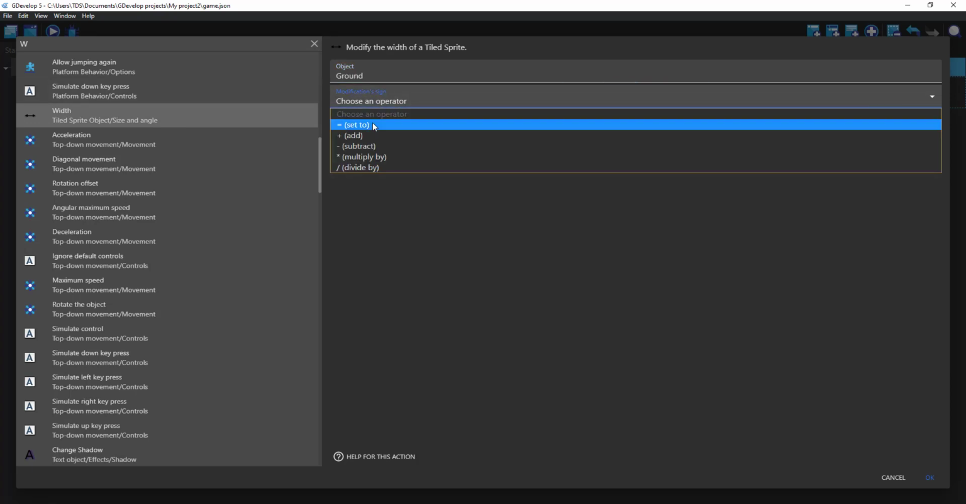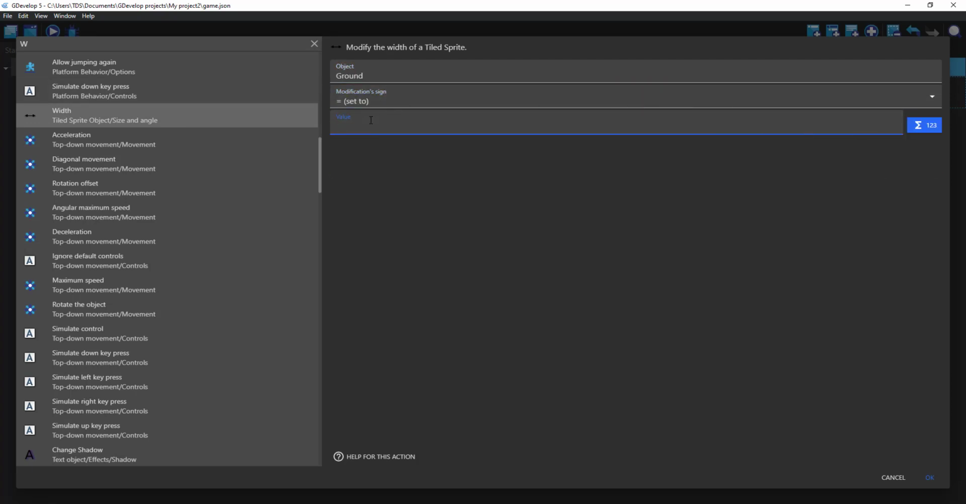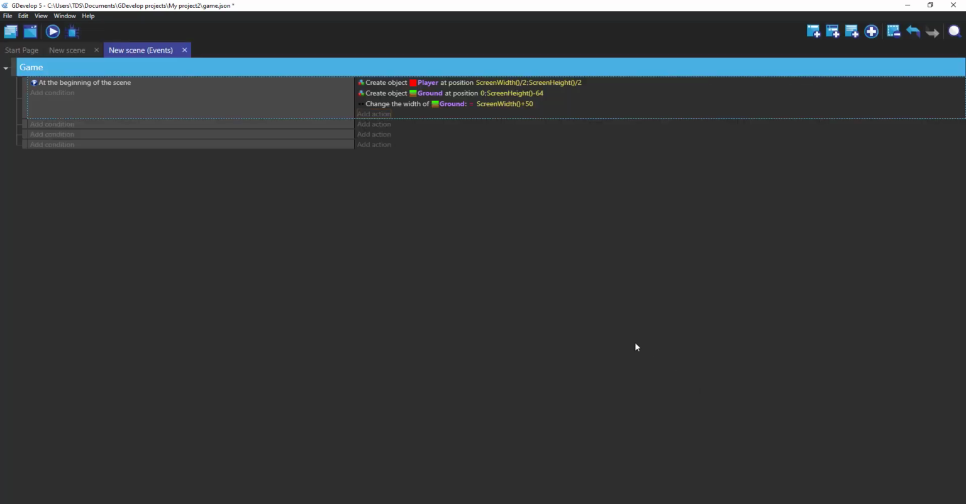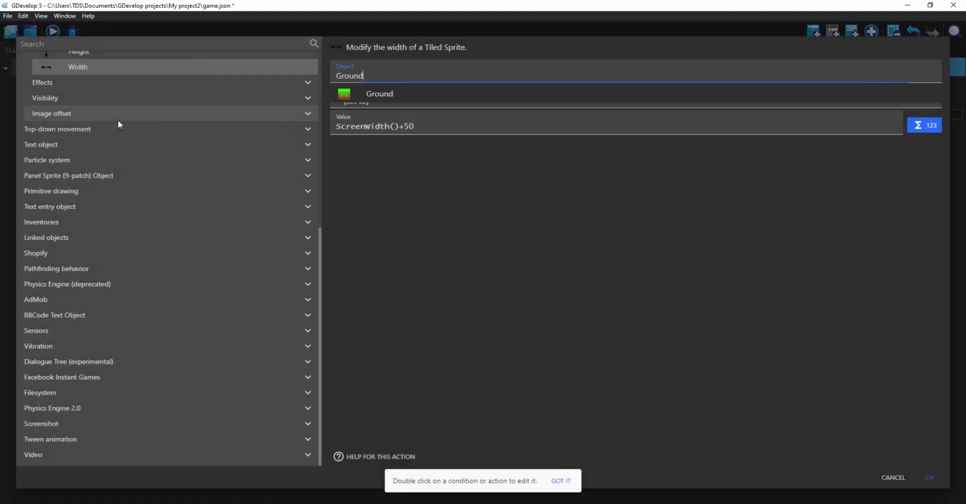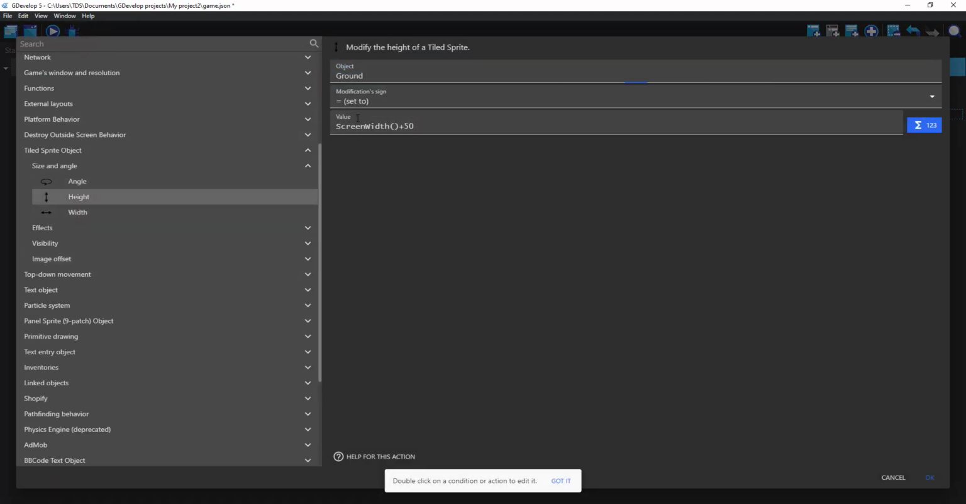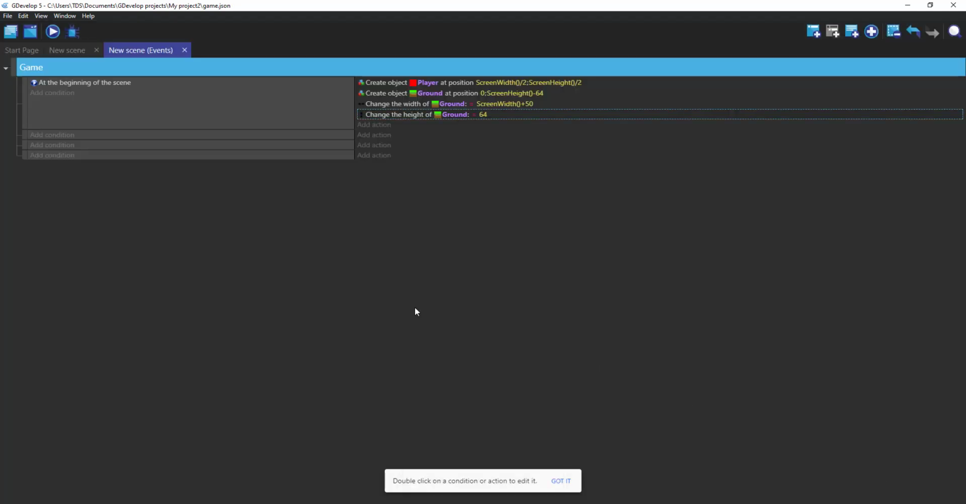Okay, width of ground will be like screen width plus 50. Drag it down. Height will be screen height plus 64. Sorry, let's make it 64. Okay, so